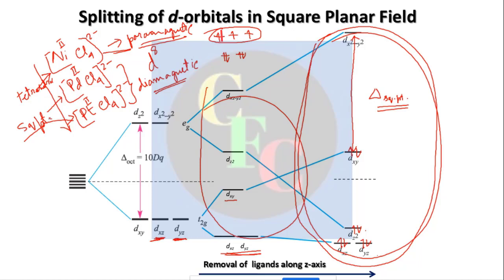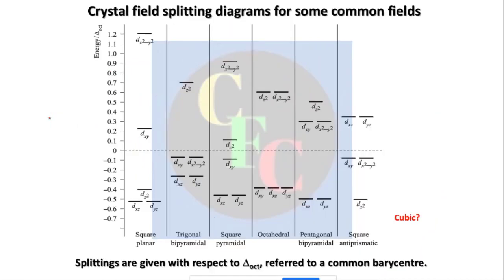Okay, so after learning this square planar crystal field, let us just have a quick look at the relative energies of these different types of geometries. Of this, we have learned octahedral and square planar, which are the most common. There are other structures, but you need not worry about remembering all those energy diagrams. I have shown this slide just to compare the crystal field energies between these geometries.